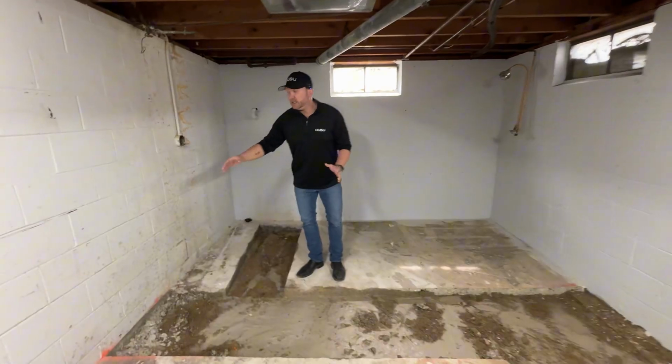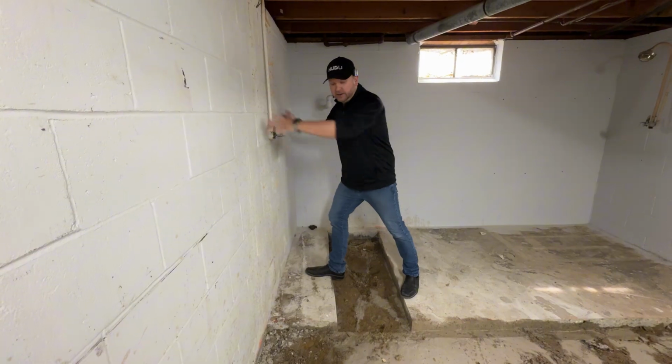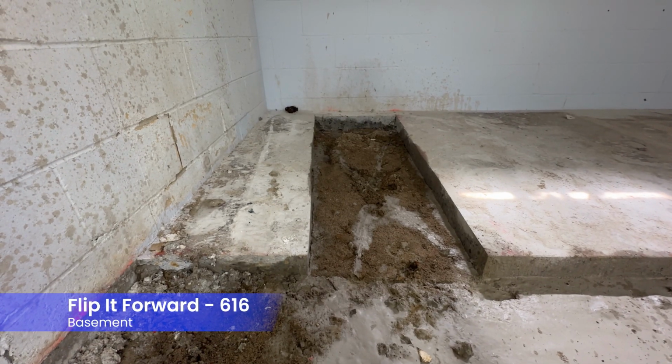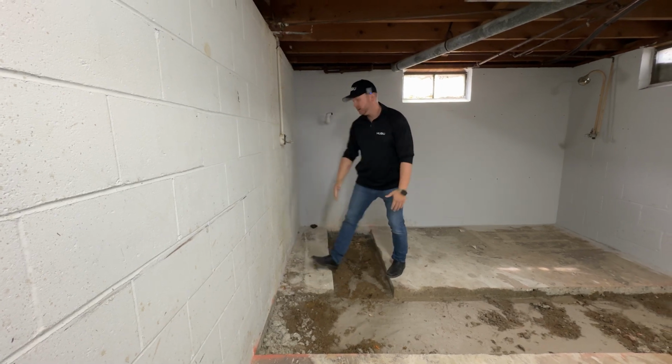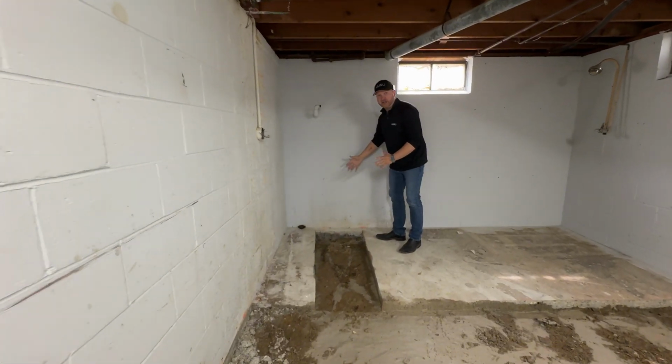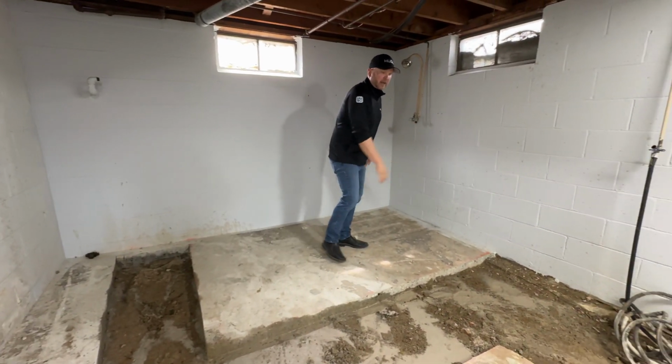We shifted the vanity. We were going to cut a hole right here, put a new door in right here. But what we decided to do instead was to move the door right here, nice and easy. Put the door right here. The vanity is now going to go right here with the toilet, the shower, and then we had to cut